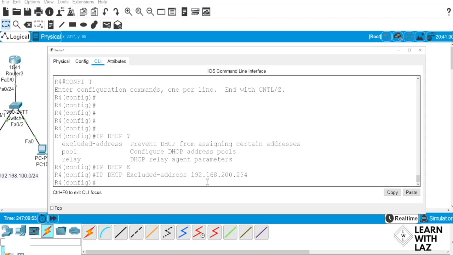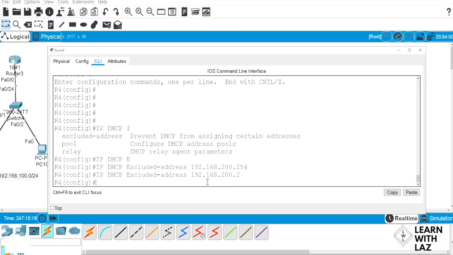192.168.200.254, right? And then I'm going to do 200.2. That's a DNS server. I really don't care about my switch getting an IP address right now because, like I said, internal networking devices need to have statically assigned IP addresses. Don't be lazy. All right, so the DNS server is excluded. The gateway is excluded. And we can exclude the IP address that we will configure on the switch because eventually we will. So that would be one not to be part of the range.